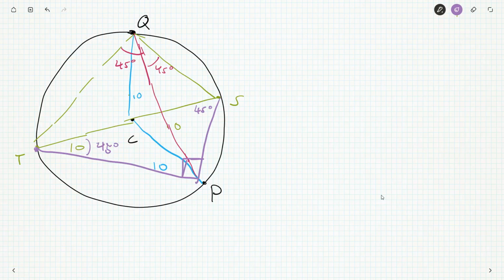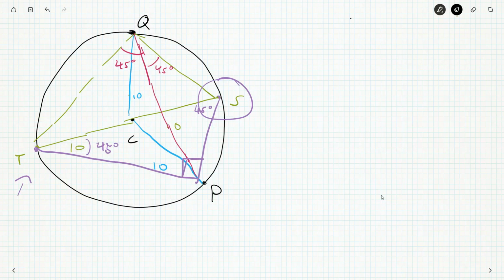I feel like the presence of some 45s... I think there should be an isosceles triangle somewhere, but I can't really think of exactly where it is. Once I find S, I know I can figure out T. Well, not automatically, but it's a diameter, so I can quite quickly do the same thing I did last time, do SC, and then get T. So the question is, how can I get a 45-degree angle there? Well,